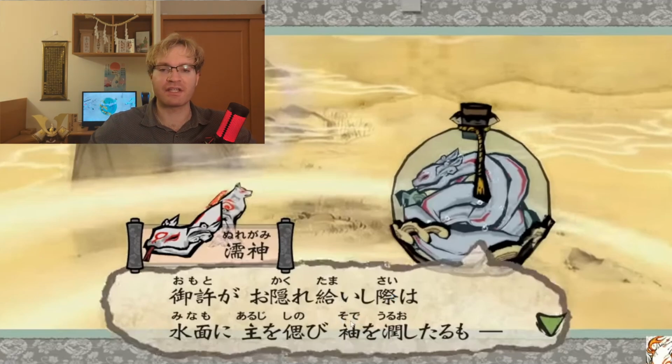The big, long, billowy sleeves that the aristocracy would wear. And then we have this o again, so the sleeves are going to be receiving the action of uruoshi, which comes from the root verb uruosu, which means to dampen or to wetten, okay? And this is a very, very poetic phrase. Because in classical Japanese times, the aristocracy had really, really long, billowy sleeves. And when they were struck with grief or some kind of deep emotion and they would weep, they would use their sleeves to dry their tears. Thus, if they were crying a lot, their sleeves would get really, really damp and really, really wet.